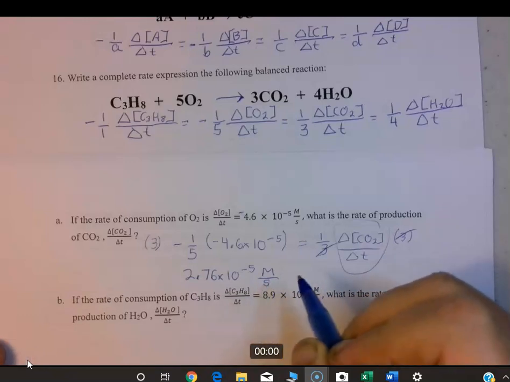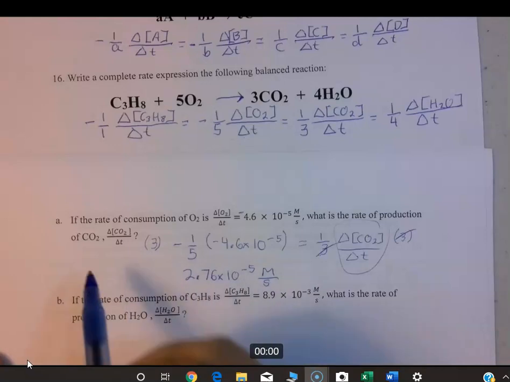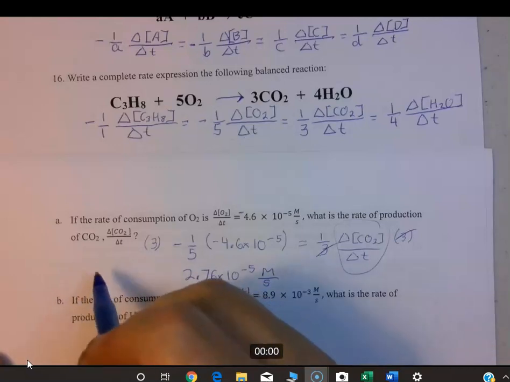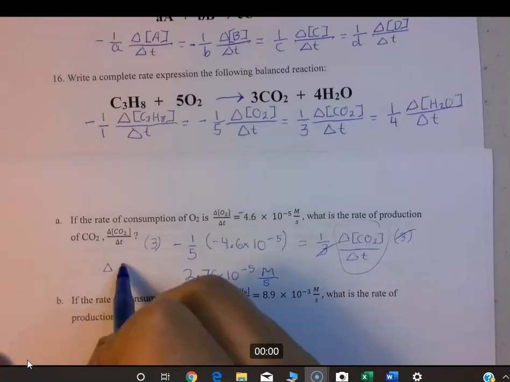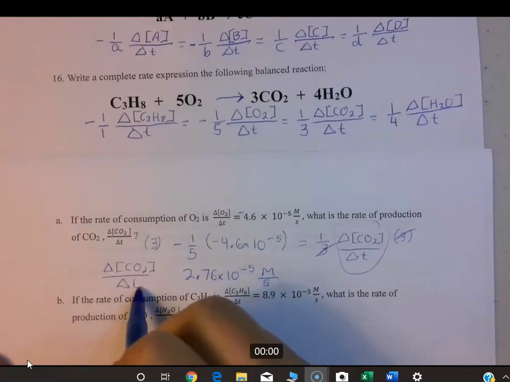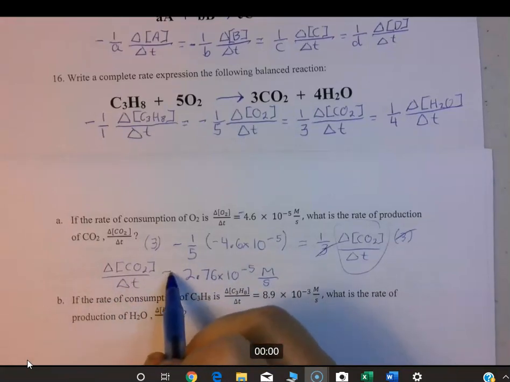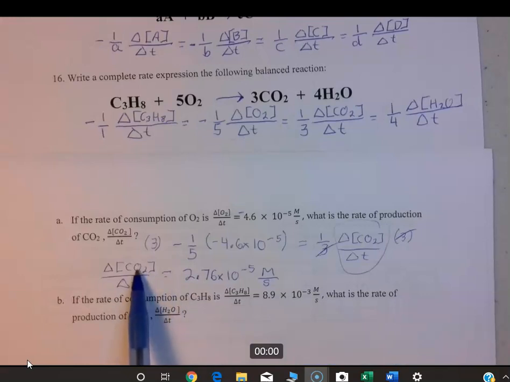That's a rate of change, and that equals this term. So we're going to put this term out in front because that's usually the way you express a final equation or a final solution. So the rate at which CO2 is being produced is positive 2.76 times 10 to the negative fifth molar